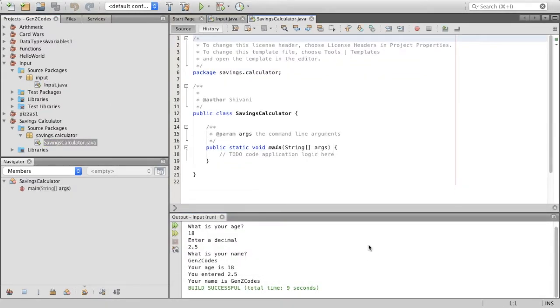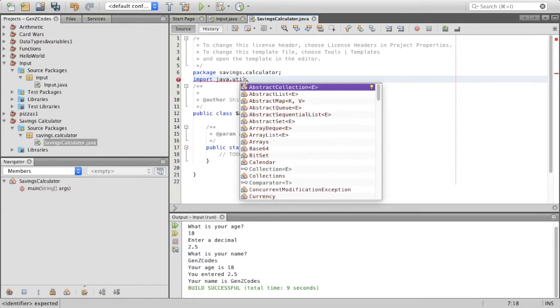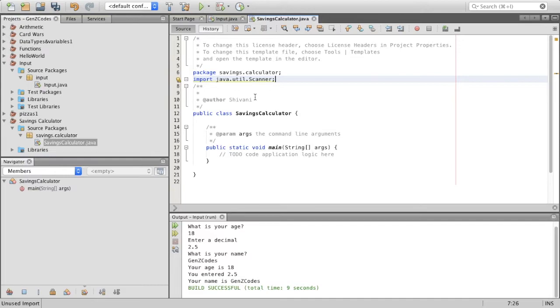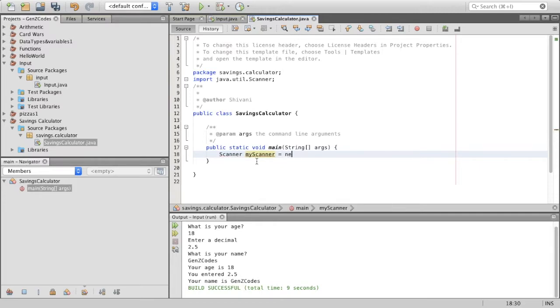Alright, so the very first thing that we want to do is, because we're going to be using the scanner object, we're going to say import java.util.Scanner. Then the next thing that we want to do is we want to create that object. We want to construct it, right? So we're going to say Scanner myScanner is equal to new Scanner, and we're going to say System.in over here,